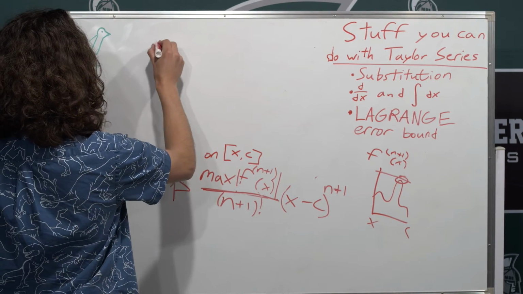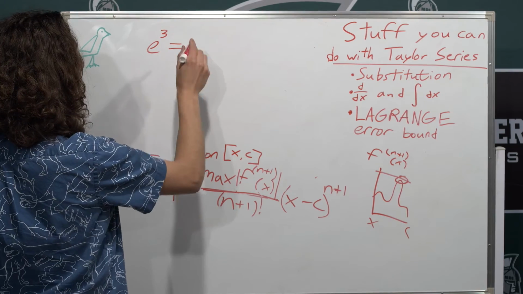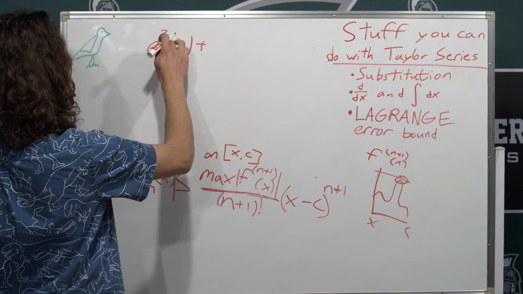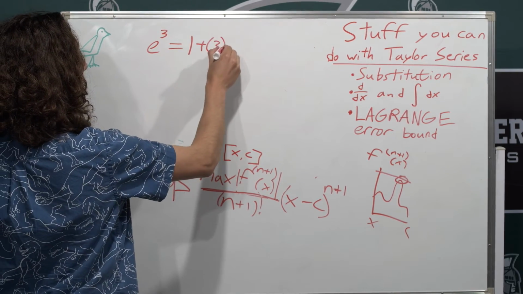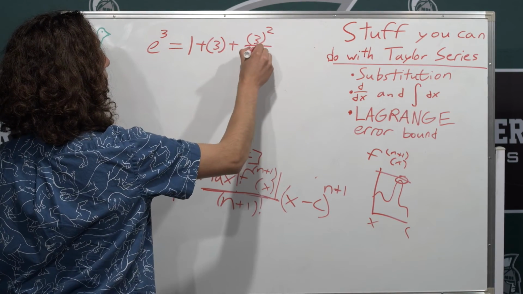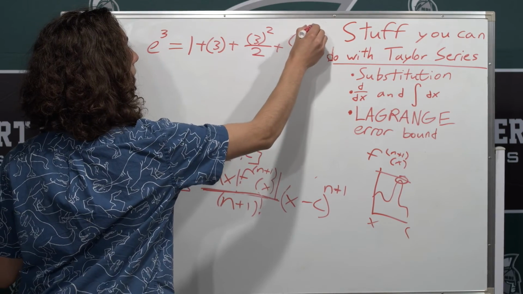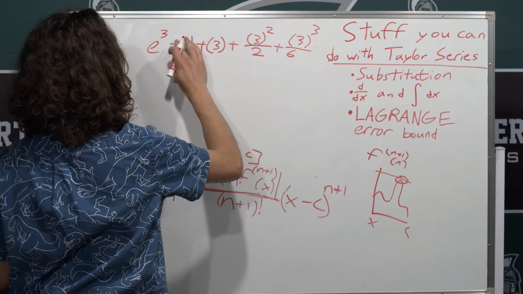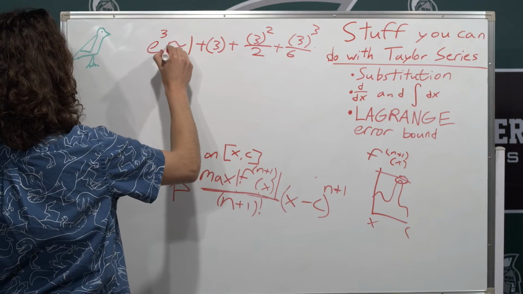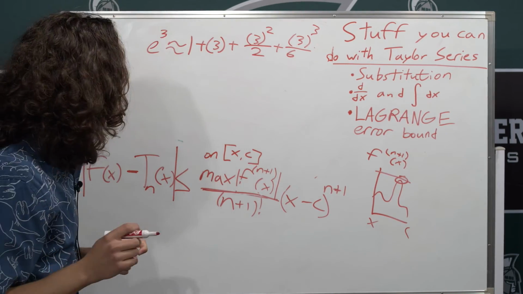You could say e cubed is 1 plus, and this is x, so this is 3 plus 3 squared over 2 plus 3 cubed over 6. And you could say, well, it's approximately this. And I could ask you, how close is it? And you'd say, well,